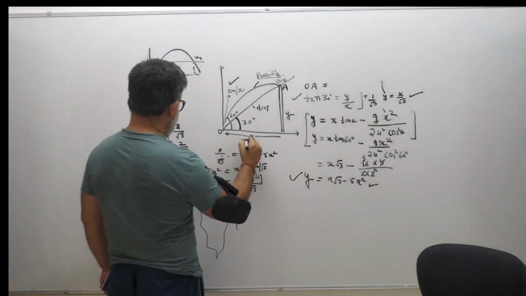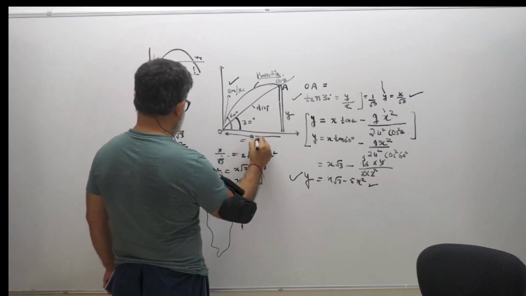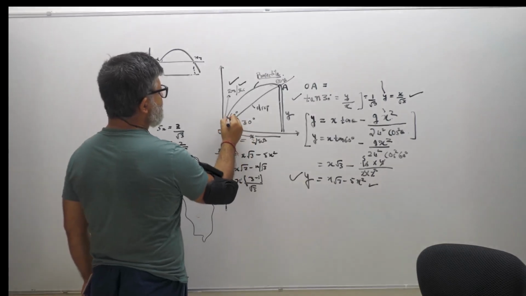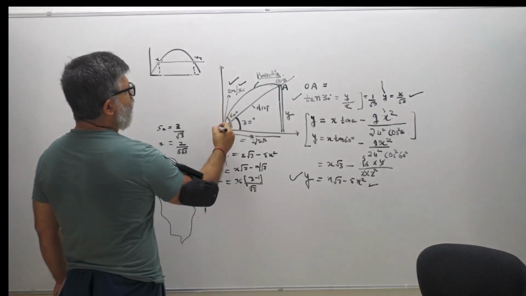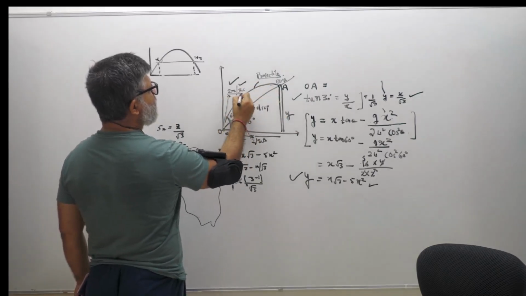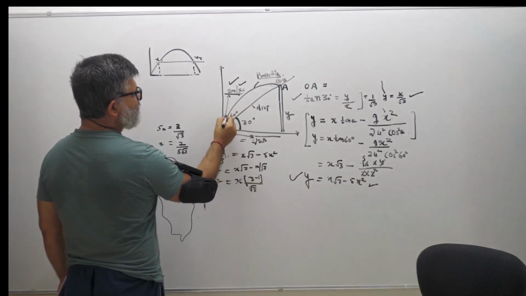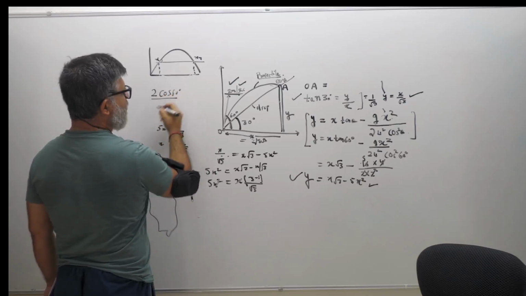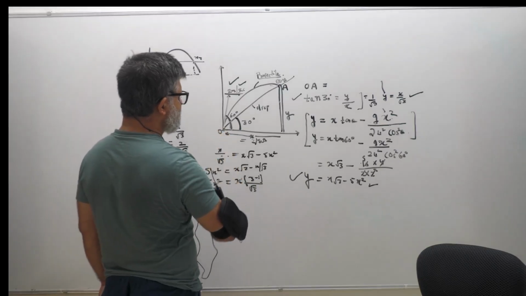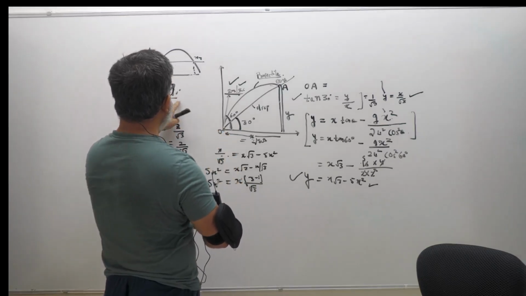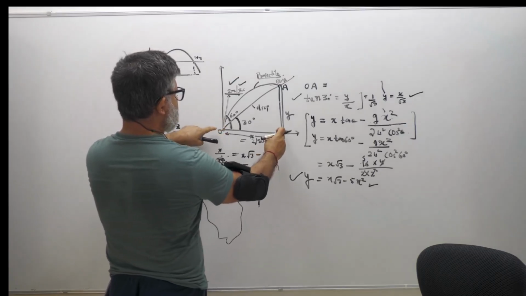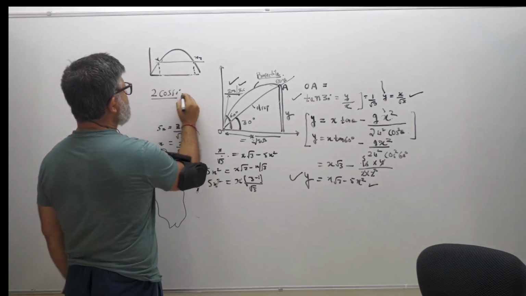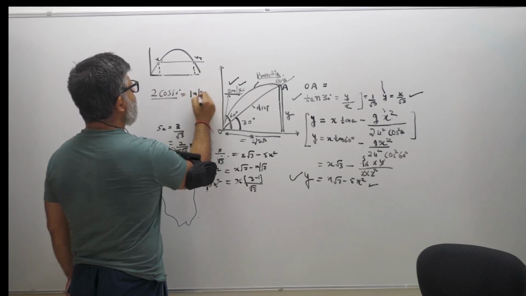So this value is 2 upon 5 root 3, with an initial velocity of 2 and angle of projection as 60. What does it mean? It means that the horizontal distance I have traveled using this velocity projected at an angle of 60 degrees, where 2 cos 60 degrees is my horizontal velocity, is this much, which I've just found out, these many meters. 2 cos 60 is 1 meter per second.